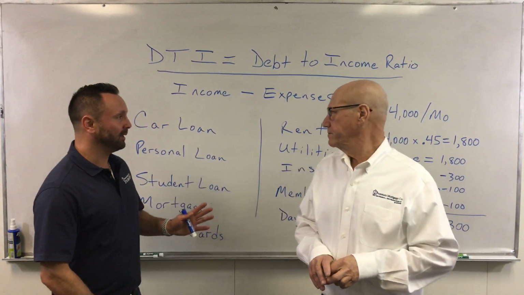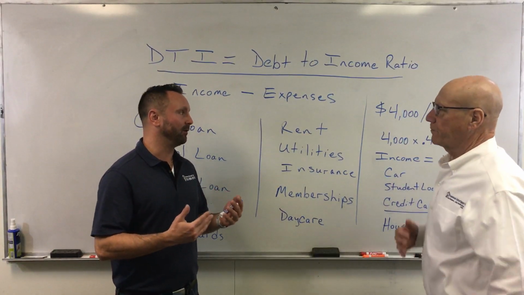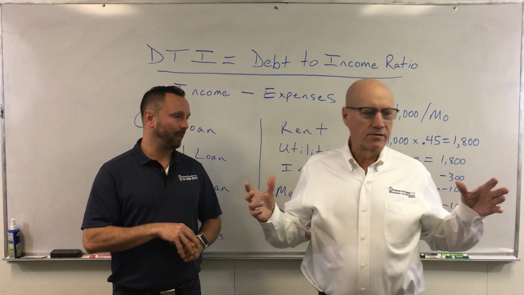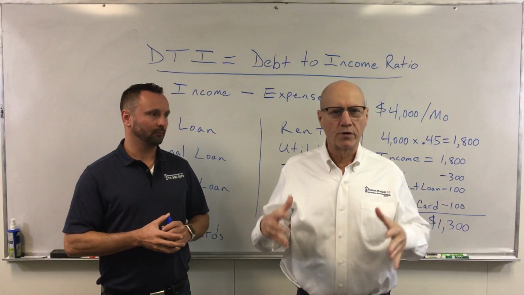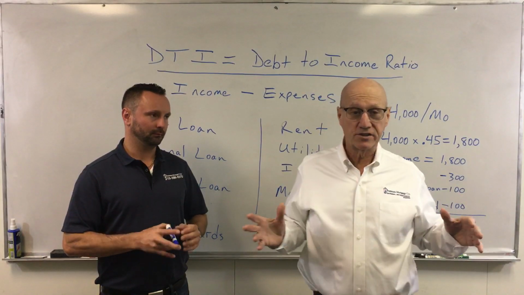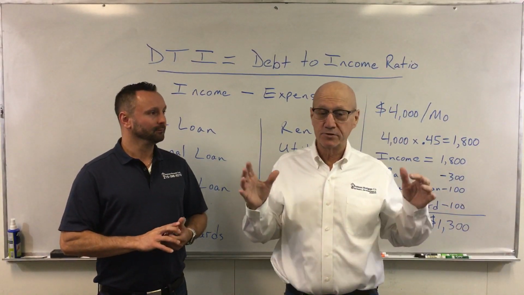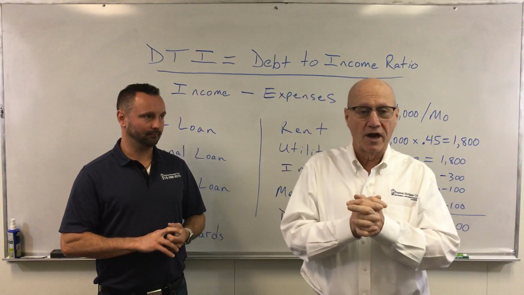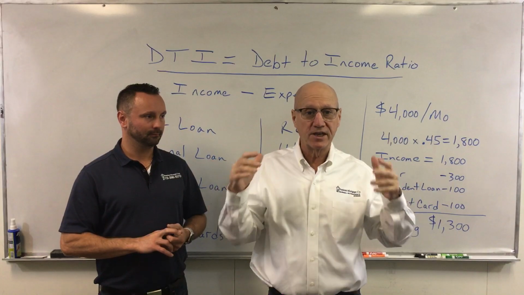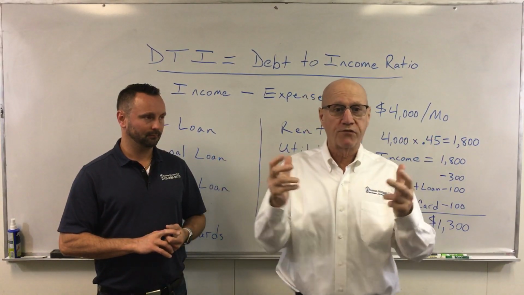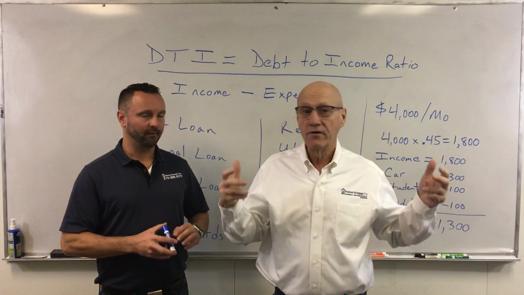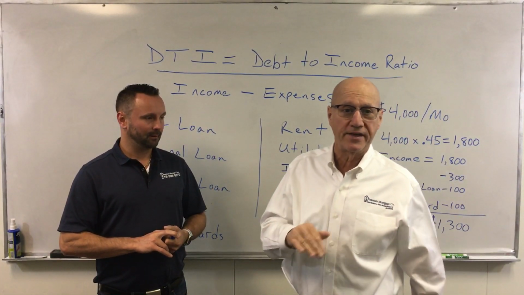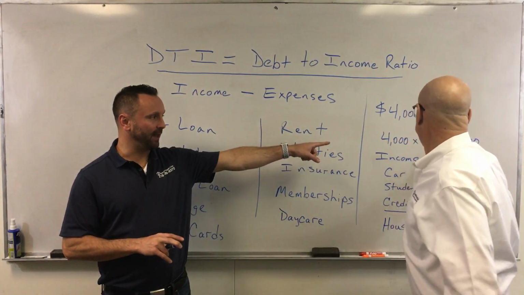But Neil, let's break this down. Let's just take a simple example of income. Let's say you make $4,000 a month. On an average, we can use 45% of that. In the old days, when I first started in this mortgage business, it was only 25%. Now remember, this is gross income. We know you're not coming home with $4,000, but we're basing it on gross. That you gross $4,000 a month, which is what? 4 times 4 is $48,000 a year. So we can use 45% of that on an average. So 45% of that will be